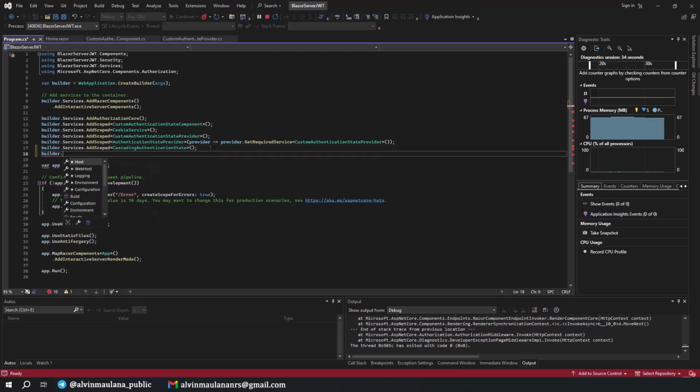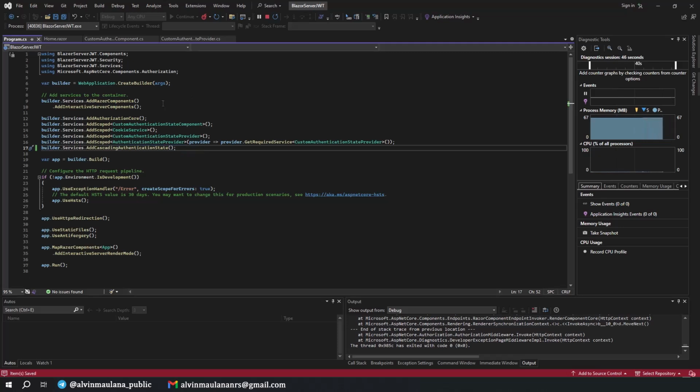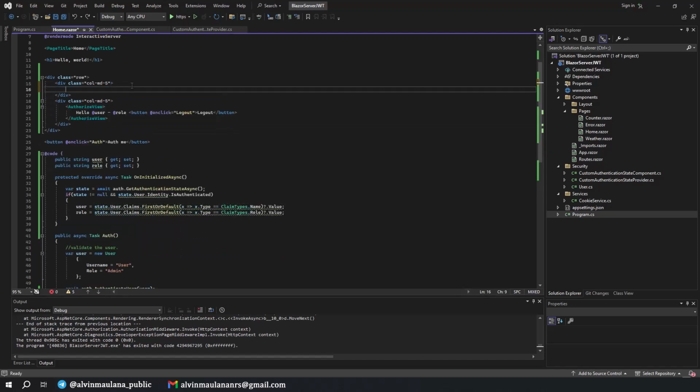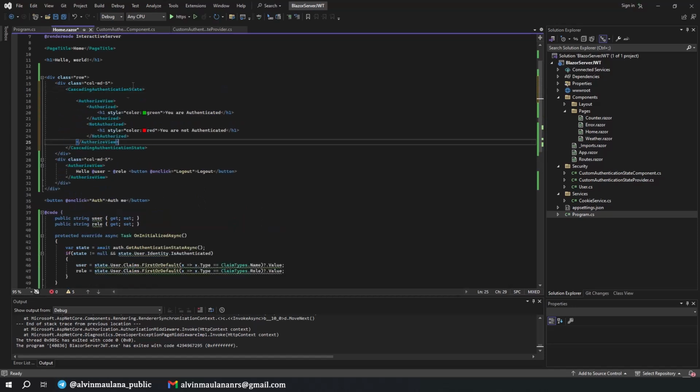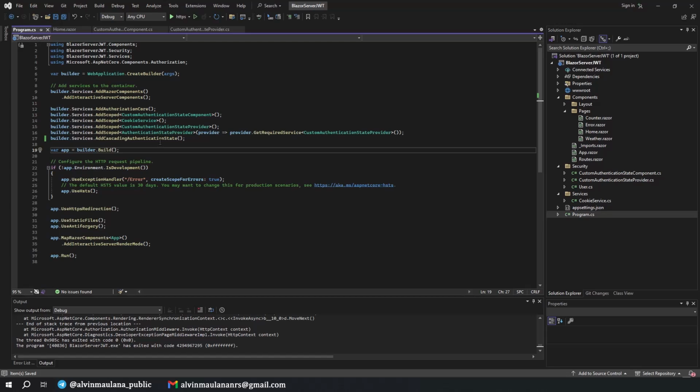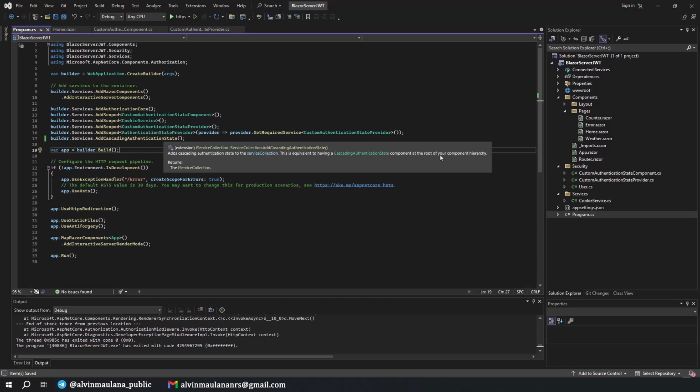Builder service add cascading. Okay, I defined it wrong, not like that. It should be like this. So by using that, we don't need to use a cascading authentication state in here. If you remember, if we wanted to do that, we needed to always add the cascading authentication state. But if we include this one, add cascading authentication state, this is equivalent to having a cascading authentication state component at the root of your component hierarchy. So we don't need to